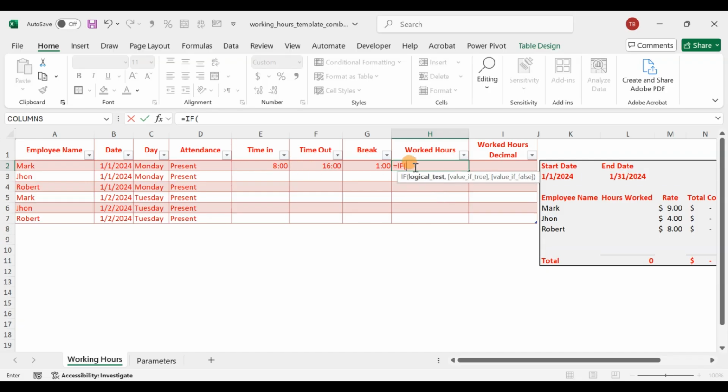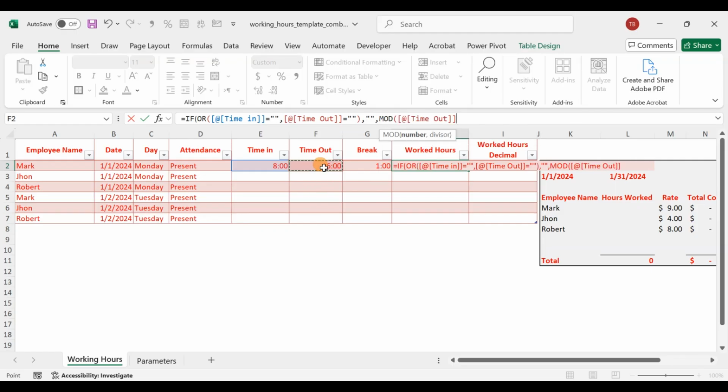Because there are two logics, we will apply the OR function inside the IF function. Okay, this is the first part. But if this is not correct, it means the employee is already here, and the time in and time out is not blank, then we will apply the MOD function,